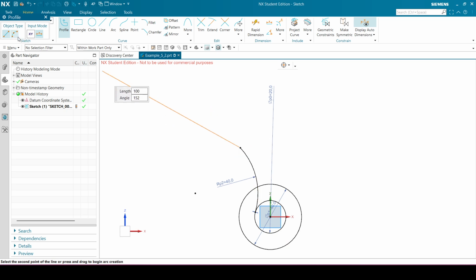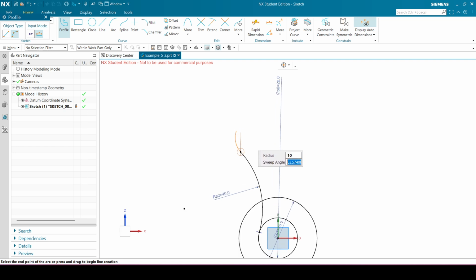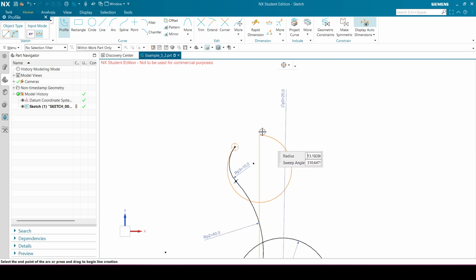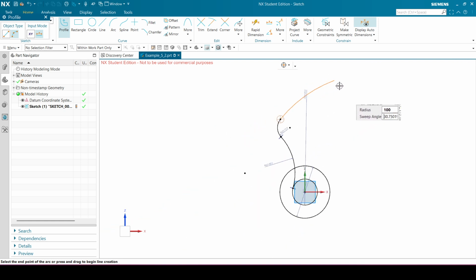Then I'm going to insert a 10 millimeter radii. So it should be 10 and it should be something like this. Okay, then I'll be inserting the 100 millimeter arc. So I'm first going to say it should be 100 millimeters, and then I want it to exit something like